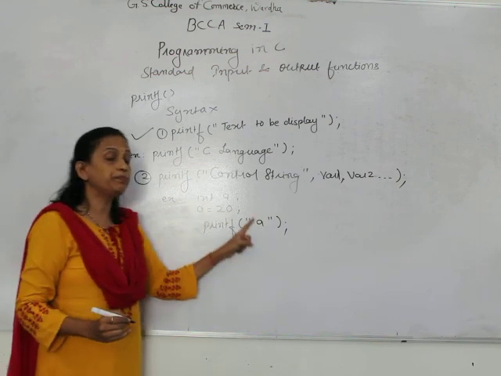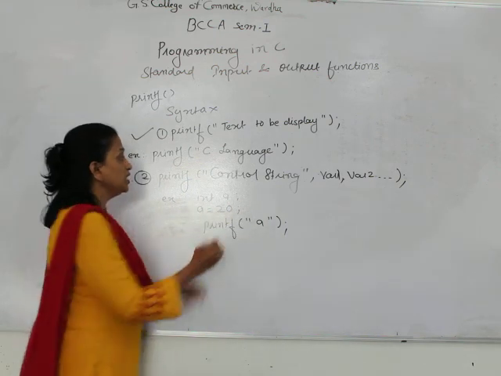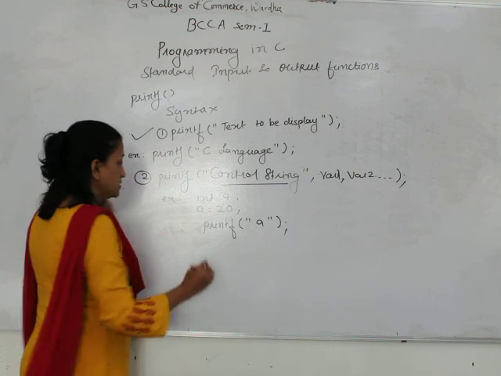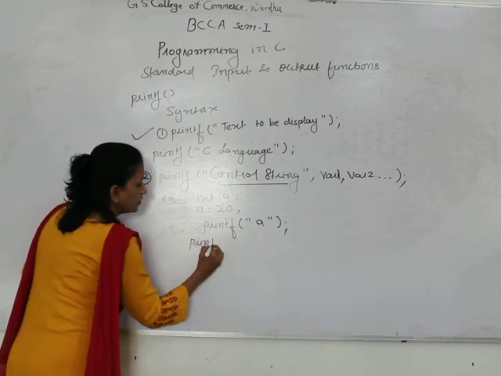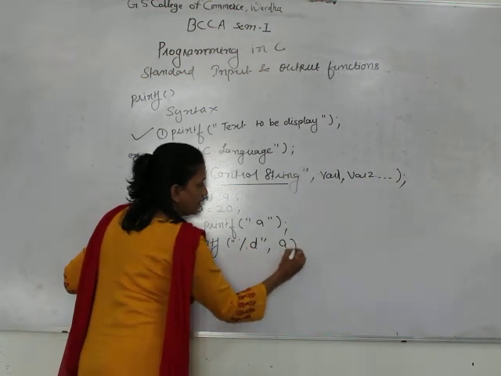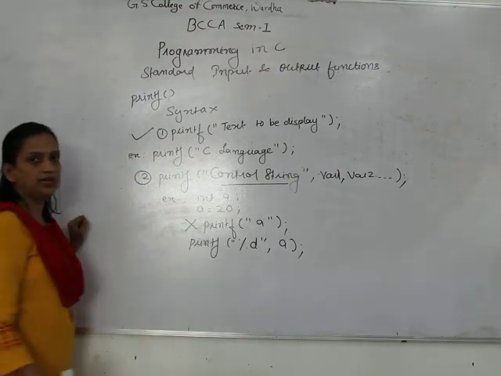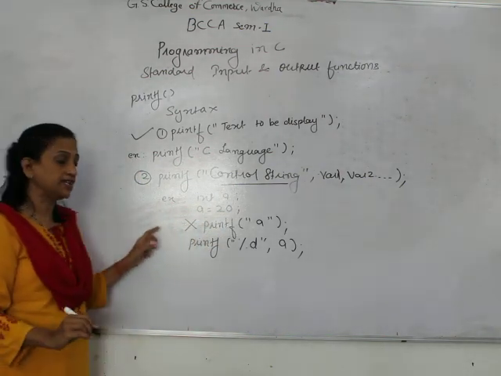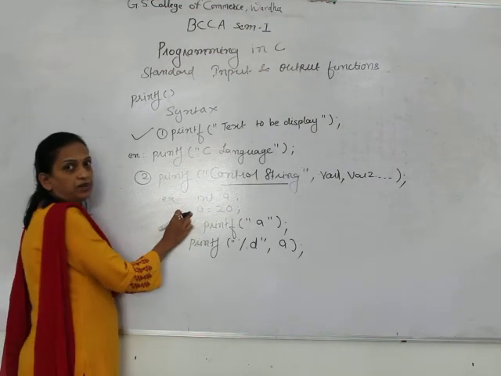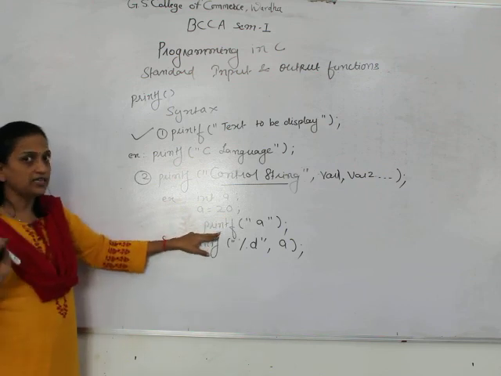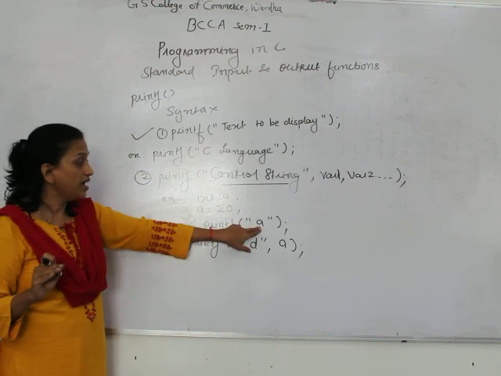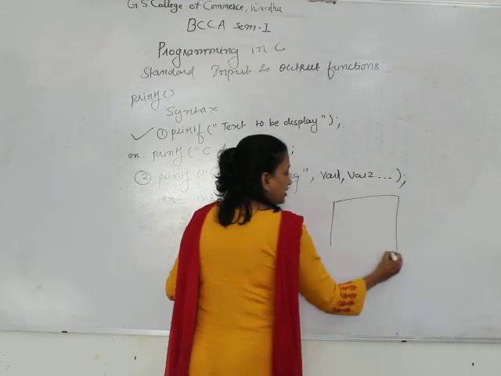Okay, but if you want to print the value of a, you need to use the control string. Control string means you have to write in such a way: %d and a. So this is an invalid statement. Invalid, why is it not valid to print the value of a variable? Okay, this is a valid statement, but in this case what will the compiler display? The compiler displays the a, means on the screen it will display a.